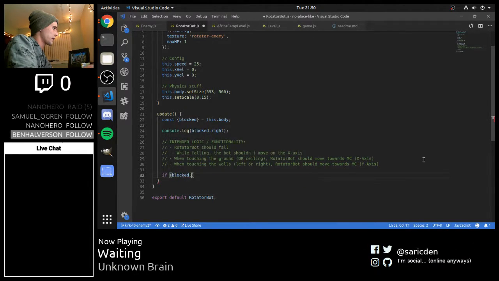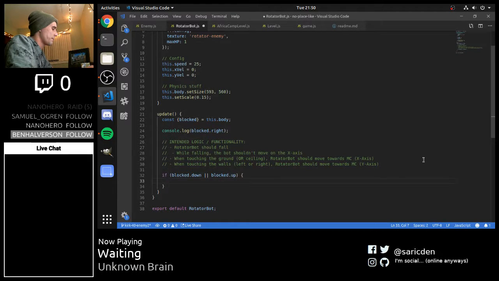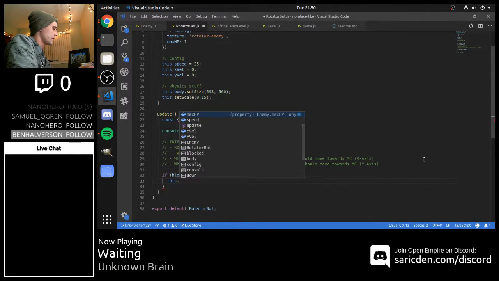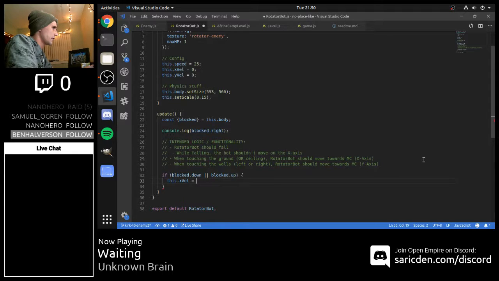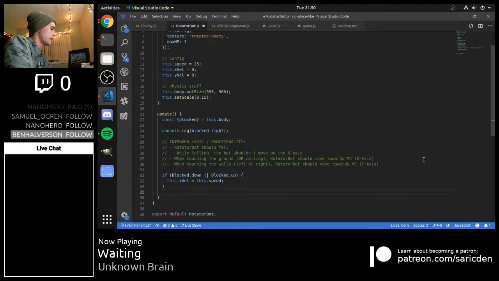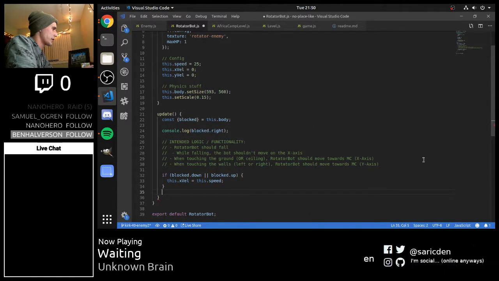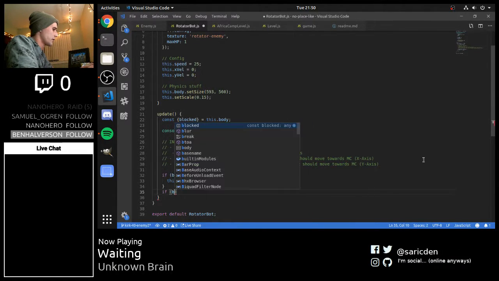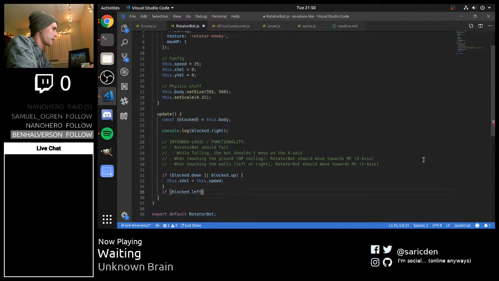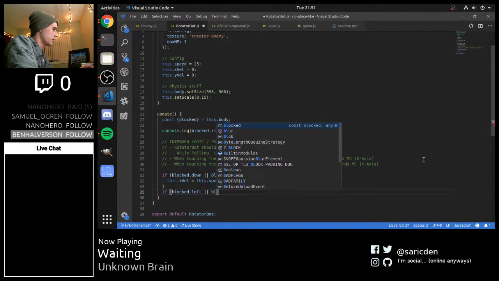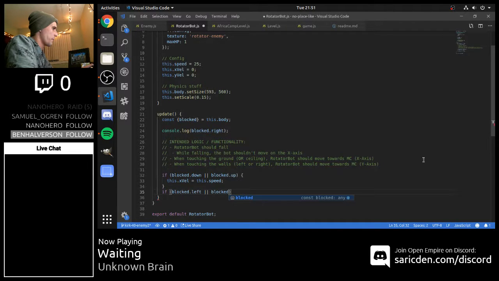We want blocked dot down or blocked dot up. Now we assign that. Not else if, actually. We want just another if. Blocked dot left or